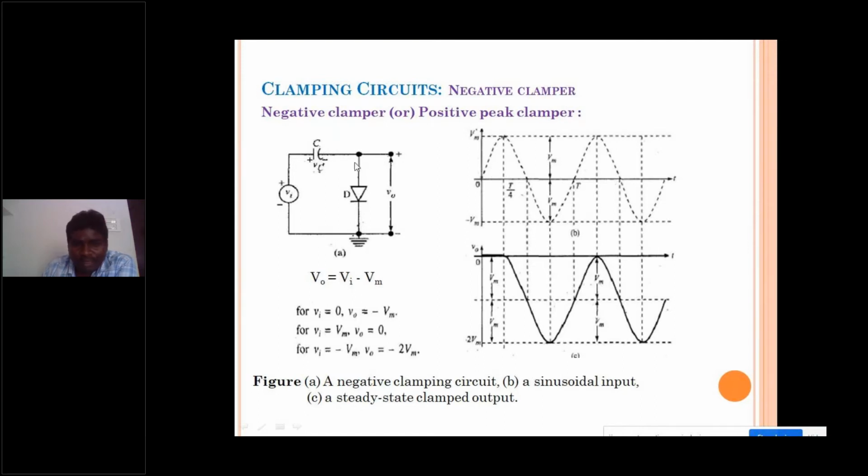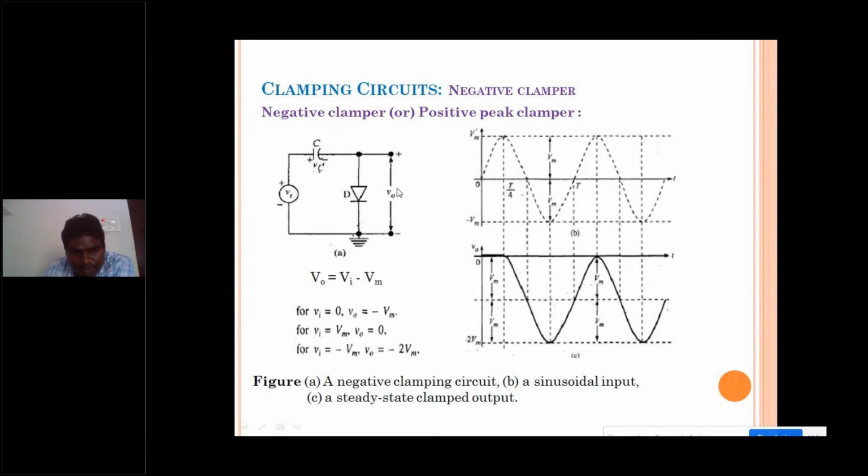because the input peak value is Vm. When the capacitor reaches the peak value, I reduce my input value. When the input value reduces, the capacitor retains its charge, and now the diode gets reverse biased, because I am reducing my input voltage like this. Now if I find the output voltage, the capacitor has charged to a maximum value, so the voltage available across this capacitor is Vm.